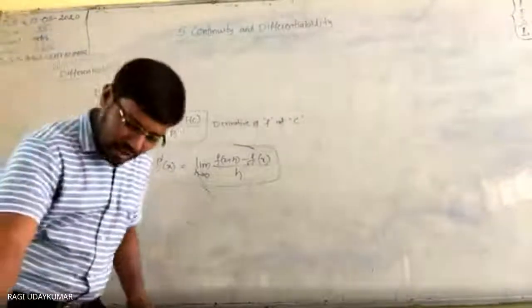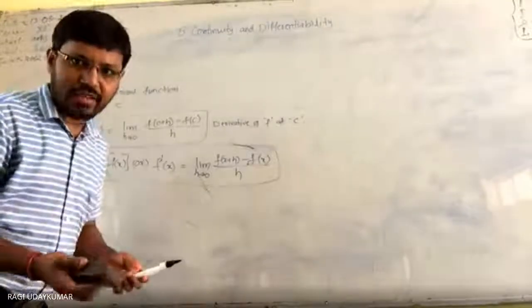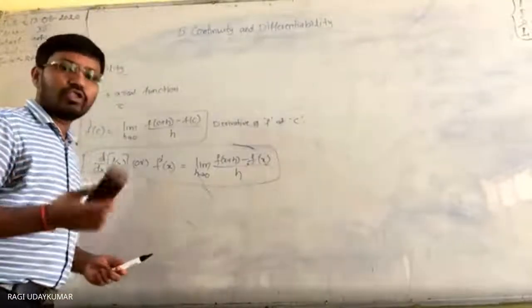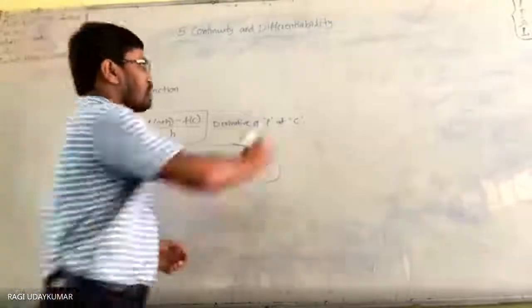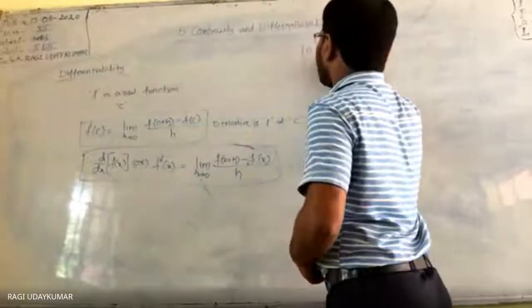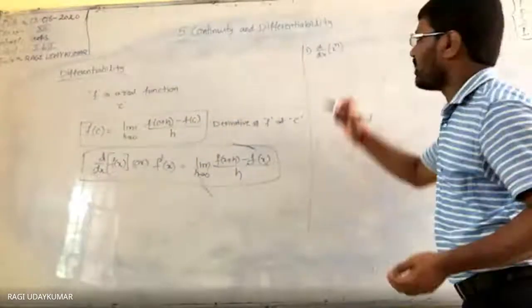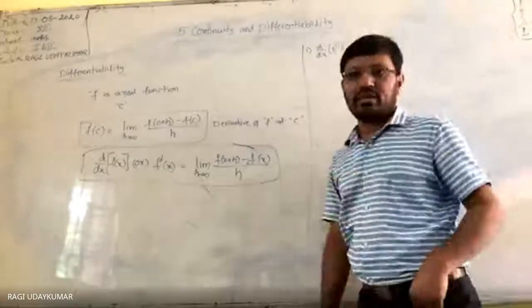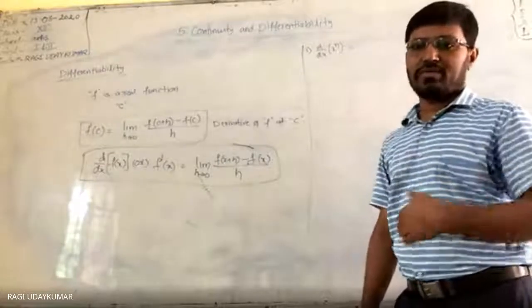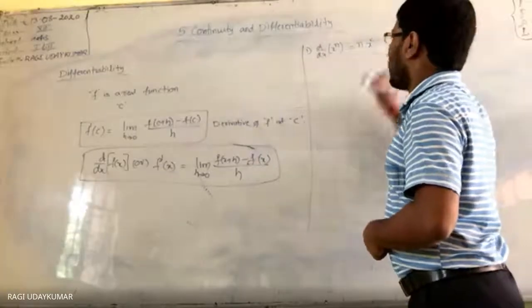So what derivatives have we learned in the previous classes? The derivatives of which functions? We found x to the power of n. The first one is d by dx of x to the power of n. If x to the power of n is a function, what is d by dx of x to the power of n? Please, any one of you. Sir, n into x to the power n minus 1. n into x to the power of n minus 1.